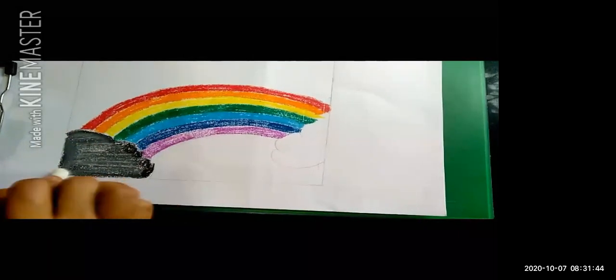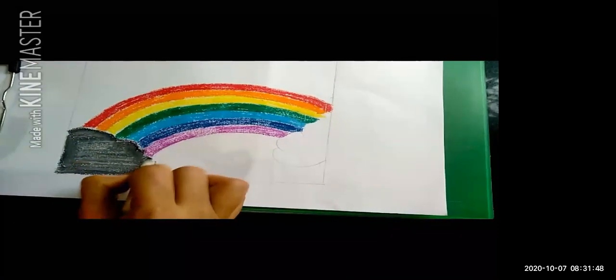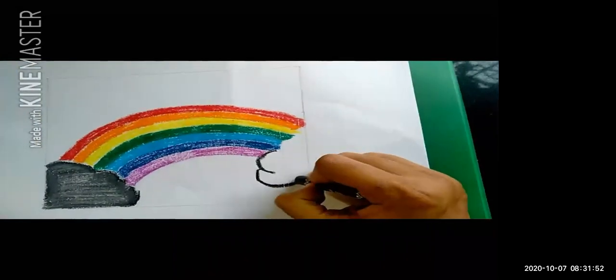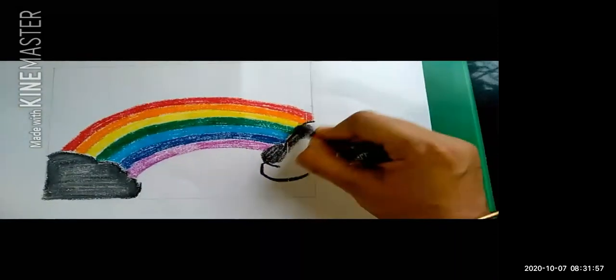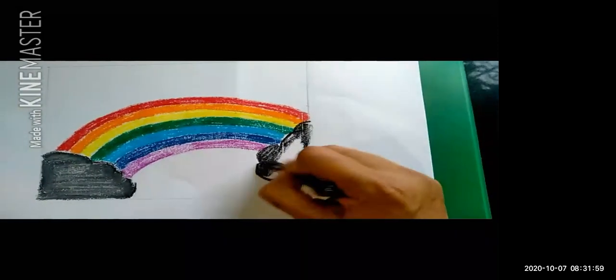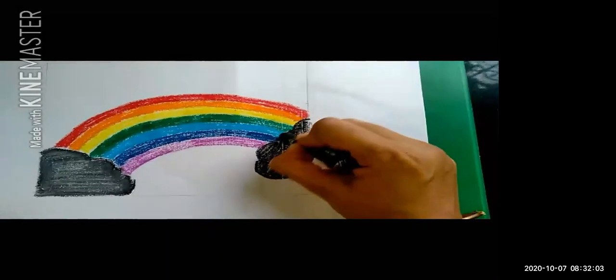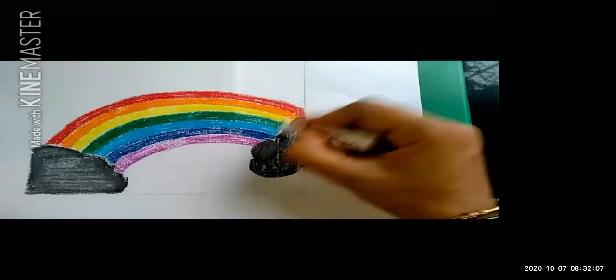No need to go fast, children. Give the colors slowly to the clouds. So in this way, here also I'm giving first of all black color and then applying white color on it so it becomes gray. So if you don't have gray color, you can choose both the colors.